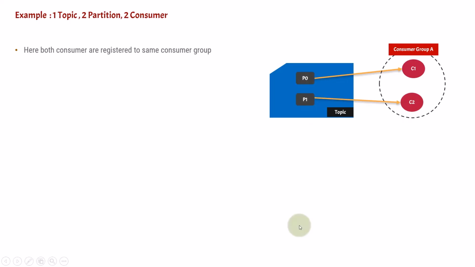So what I'm trying to make you understand is that if you have multiple partitions and multiple consumer instances inside the same consumer group, then what will happen? The partition will be assigned to a particular consumer instance and they will be able to consume from it. Let us see this in a demo, how this is going to behave.